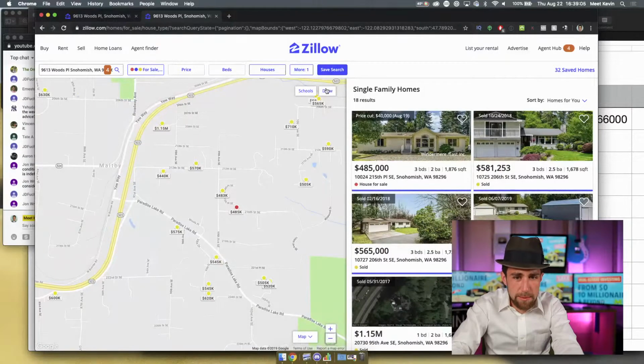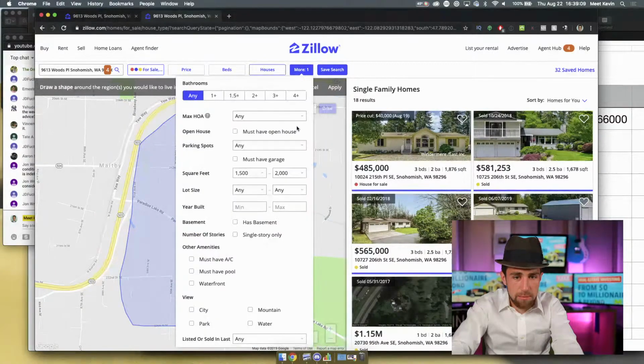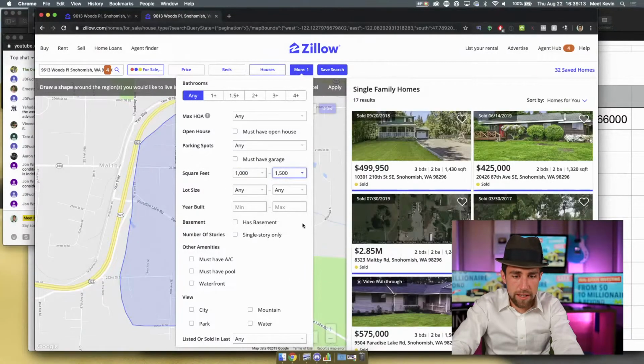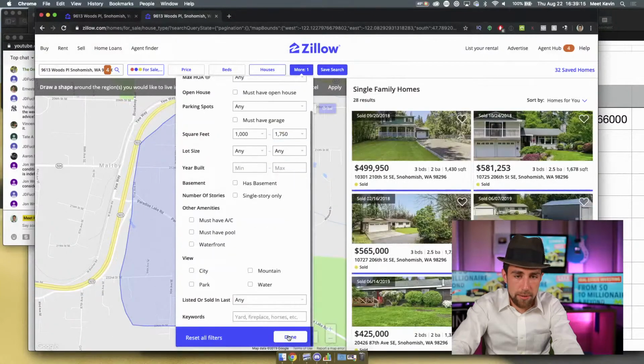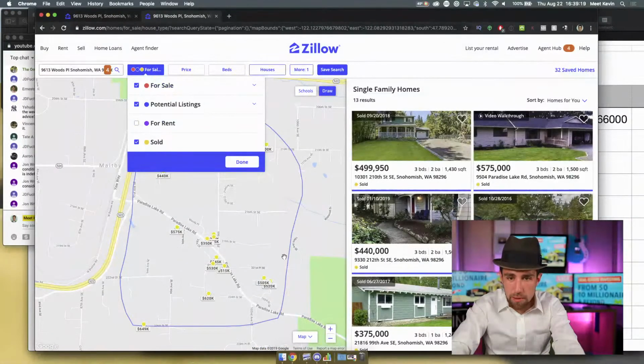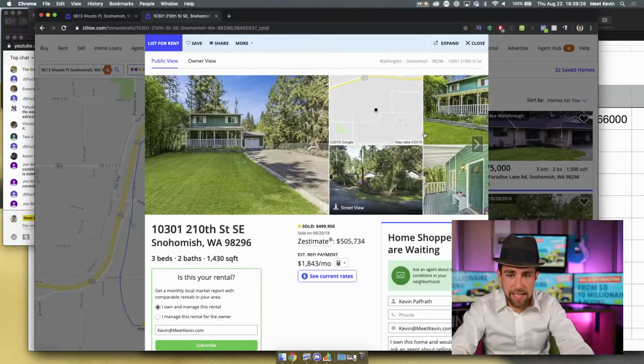So this is going to be tough. Let's see if we can get any comps. We'll go 1,000 to 1,500 on the. Honestly, I'm gonna have to go bigger. I'm gonna have to widen the range because this is going to be a little bit more complicated, is my guess. Okay, so a 3 and 2 is going for 500K in 2018,